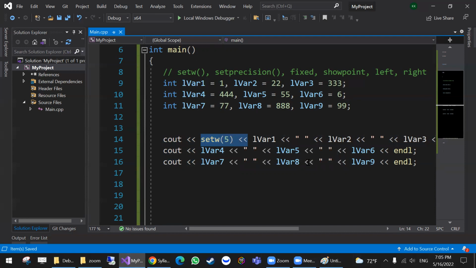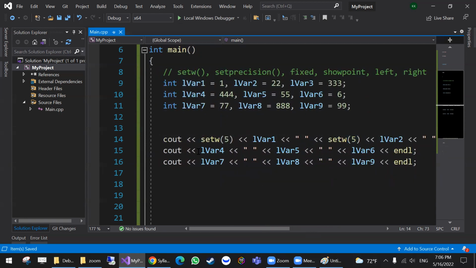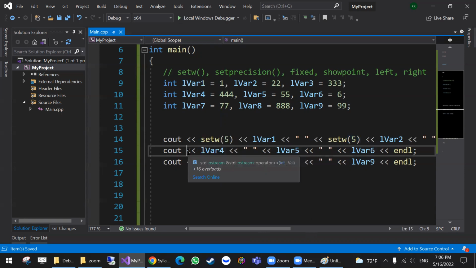Then I do the same. Hey cout, the variable I'm about to display needs width equal to 5. Same. So if I go ahead and do the same for these two,